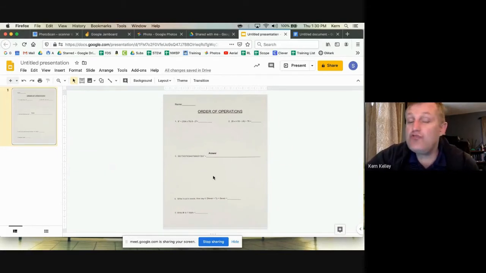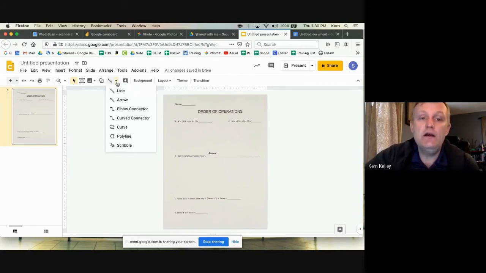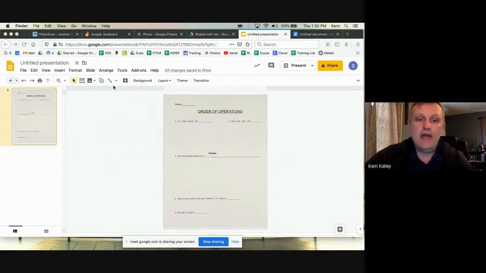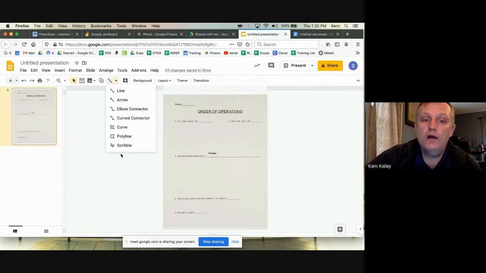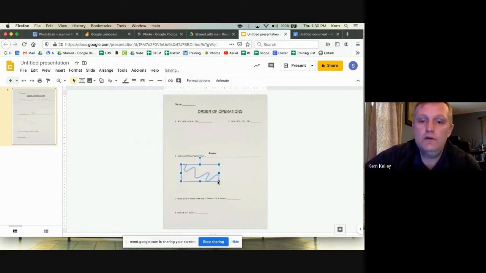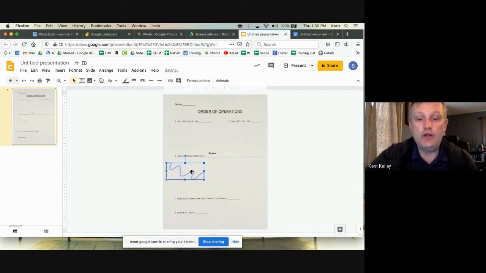They can draw a little bit. If they want a scratch pad here, they can use the scribble tool. It does work. It just depends on what they're using for their work. Another option you could do is say, look, I want you to just handwrite your work. You can handwrite your problems and then just take a picture of it and put it here.